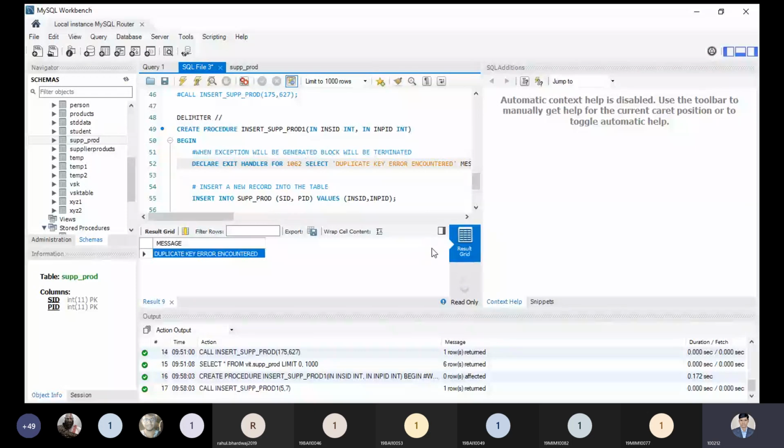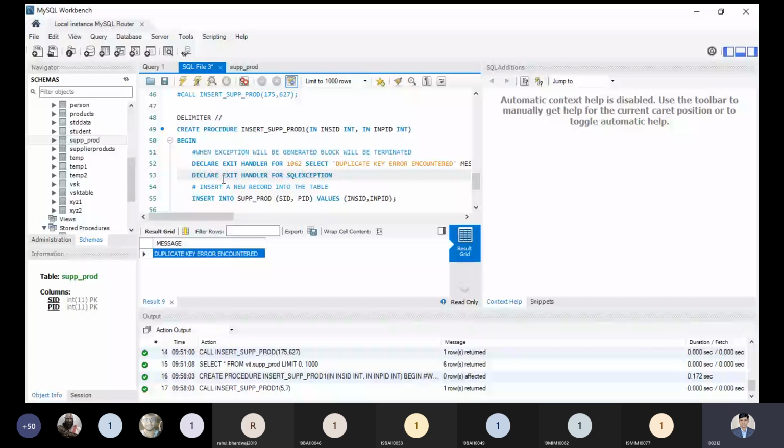Okay, other than this one, let me update this part: declare exit handler for SQL exception. If you do not want to use any MySQL error code, as I told you, you can use any standard SQL statement.